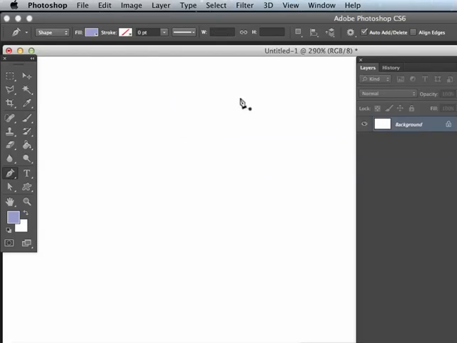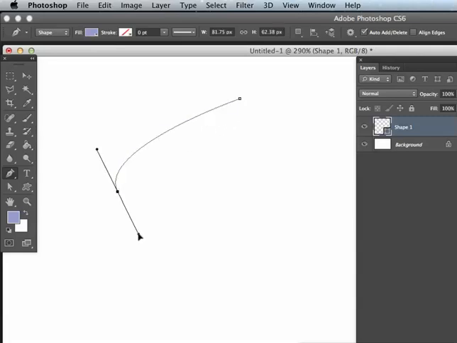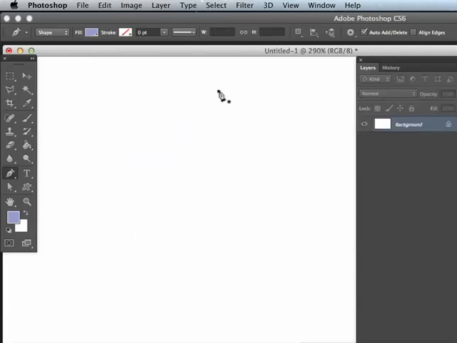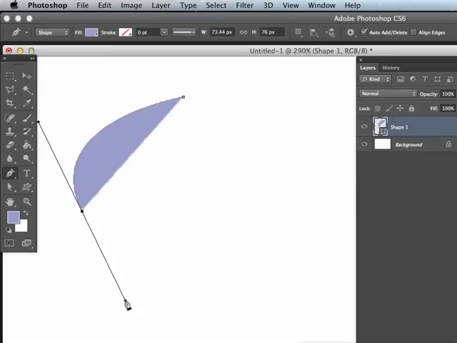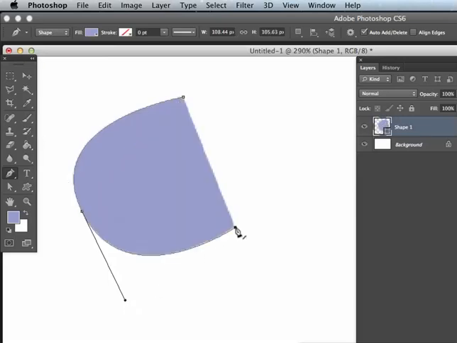Now look at curves. Click, and then click and hold. Don't go click and hold on the first one. Just click, then click and hold, and drag these drag handles out. I'm going to keep going here. It tries to make a shape, it's trying to figure out what I'm trying to do, which is great